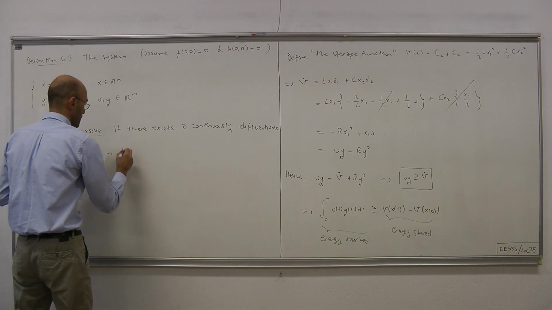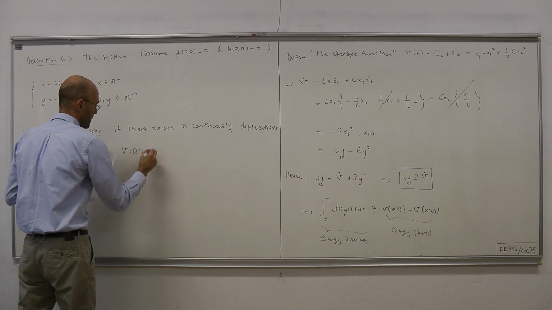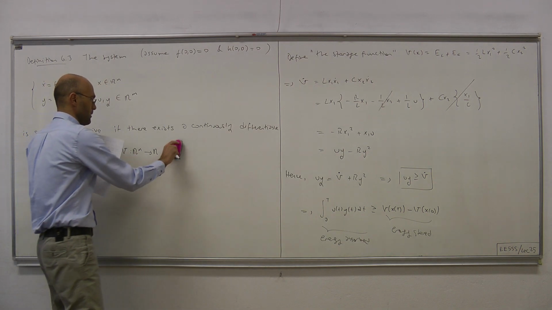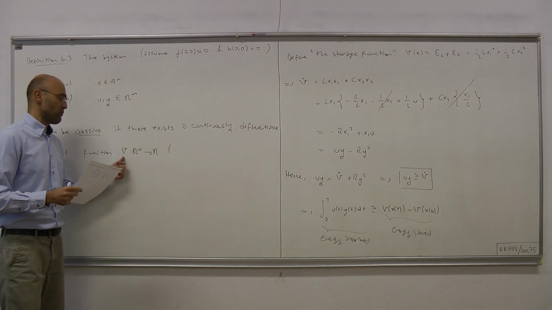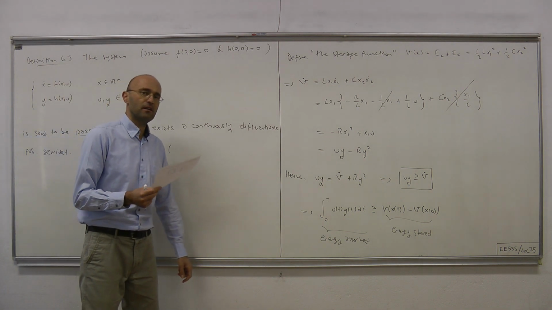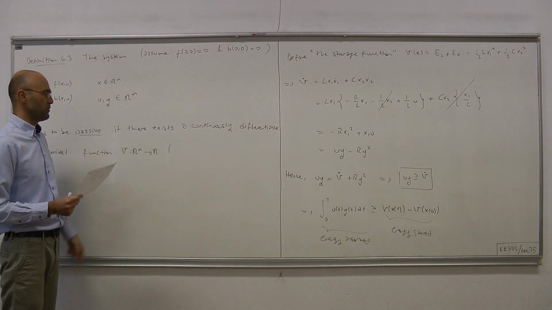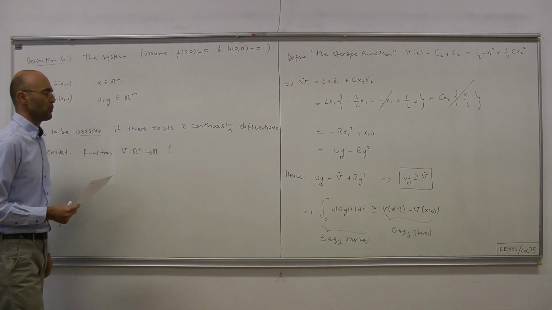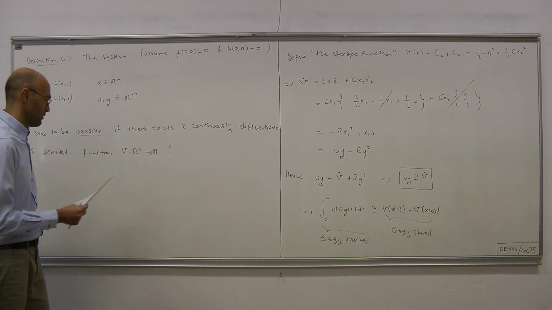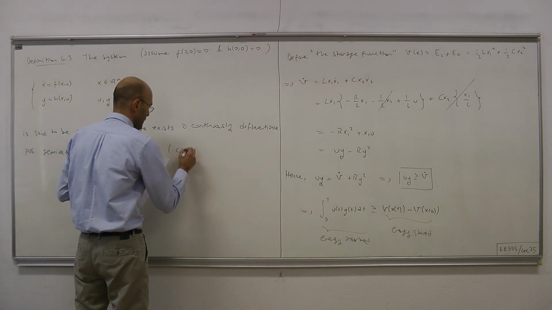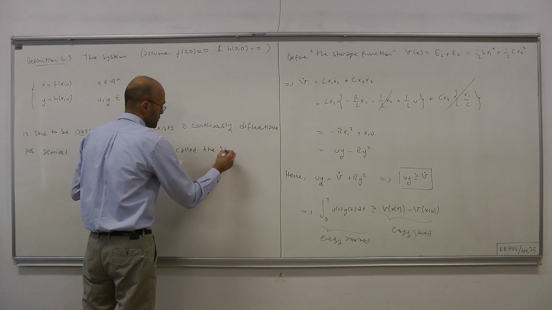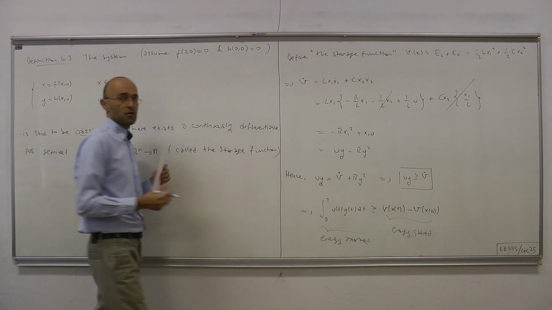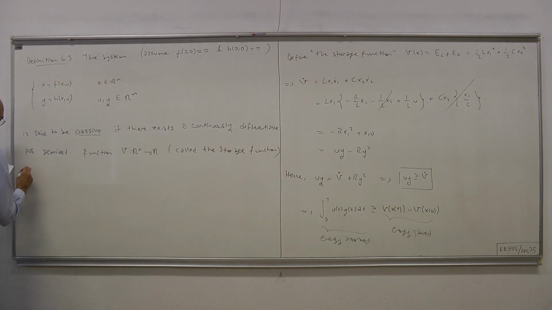Function V from R^n to R, and we call such functions Lyapunov functions when we study Lyapunov stability. In the context of passivity, due to some physical motivation, it will be called a storage function, called the storage function, such that